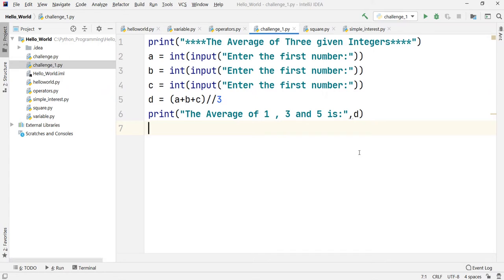Because when we analyzed that image, we had understood that because the user is giving us the numbers, it is not good to put the numbers directly over here. These numbers should be replaced with variables because this code should be valid for any input. That was just one of the cases given. If the user gives us the number 135, you should be able to print out that the average of 1, 3 and 5 is this much. So it should be valid for any input.